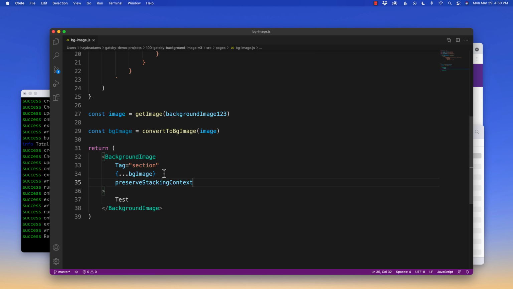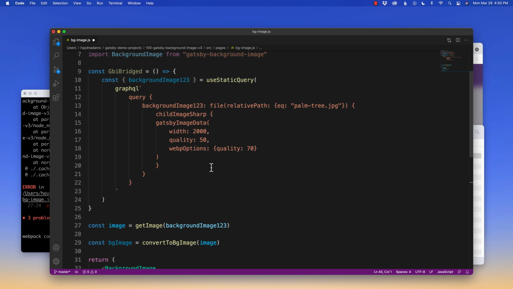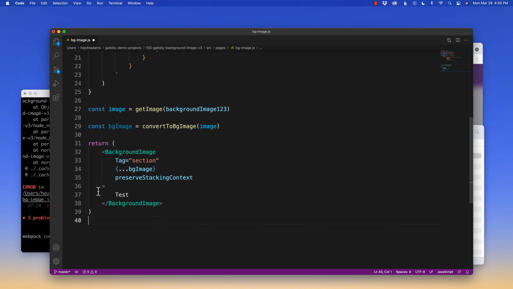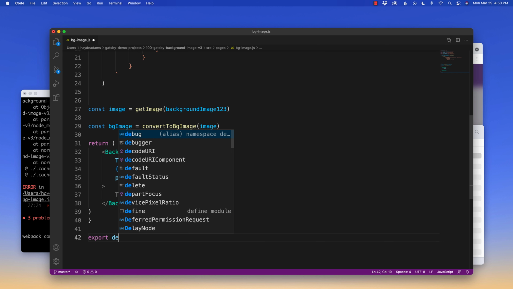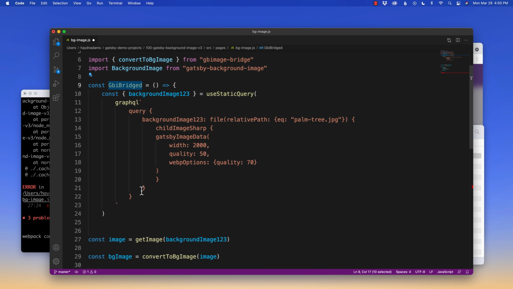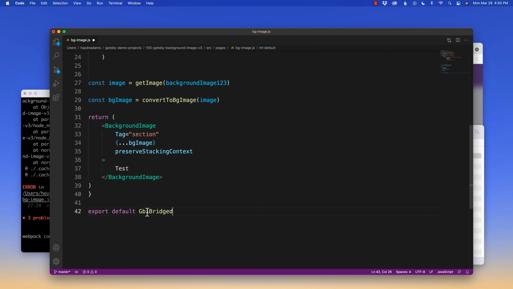If we save this, we're going to get an error message because I actually haven't exported this project yet. So at the very bottom, what I have to do, oh, I just forgot. Where did my curly brackets go? Oh, that's what it was. My curly bracket is not sitting in the right section. I should have put it down here. That was my error. And one more piece I have to do is export default and make sure I spell this properly, gbimage-bridged. If I save,